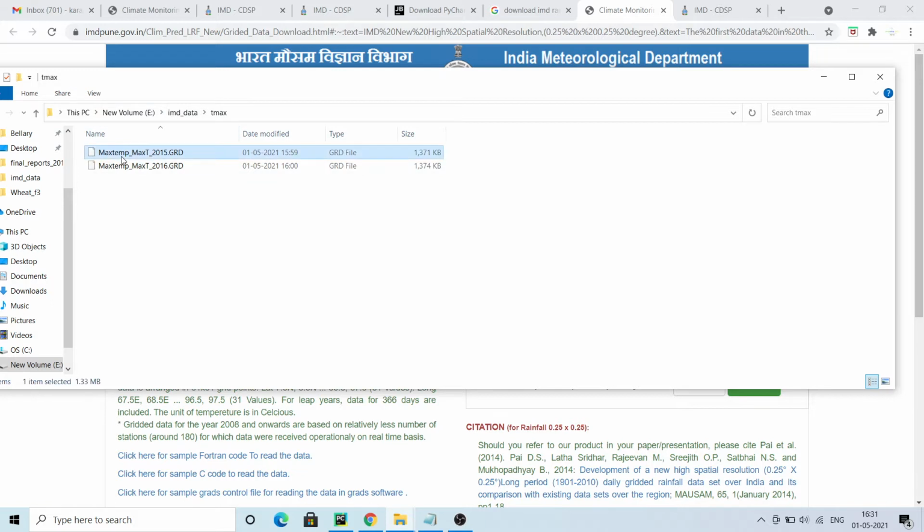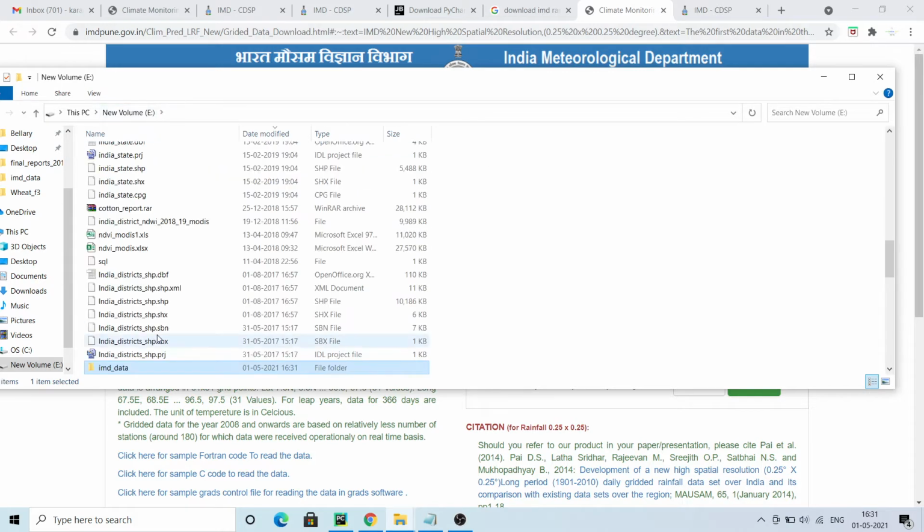Same for Tmax, 2015, 2016, and same for Tmin, 2015, 2016. So now your data is ready.